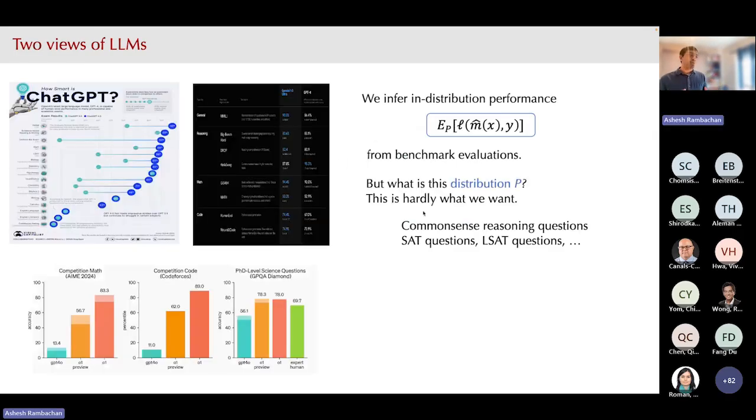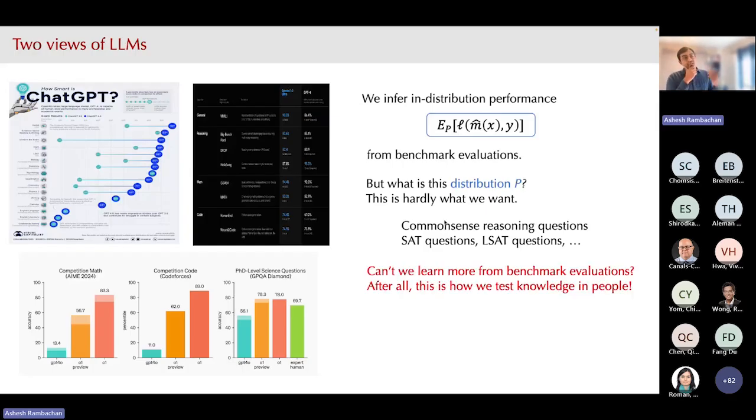I think the problem with this view is it's not clear how you would even articulate what exactly is this distribution of tasks that would generate these benchmark evaluations. Put in another way, no economist I know is interested in taking a large language model and using it to answer randomly sampled questions from, say, the SAT, the LSAT, or the GRE, or even a random sample of questions from these reasoning benchmarks. So that doesn't seem like a promising route.